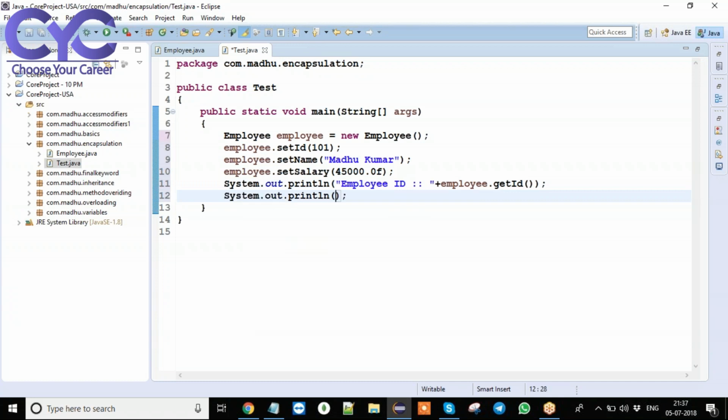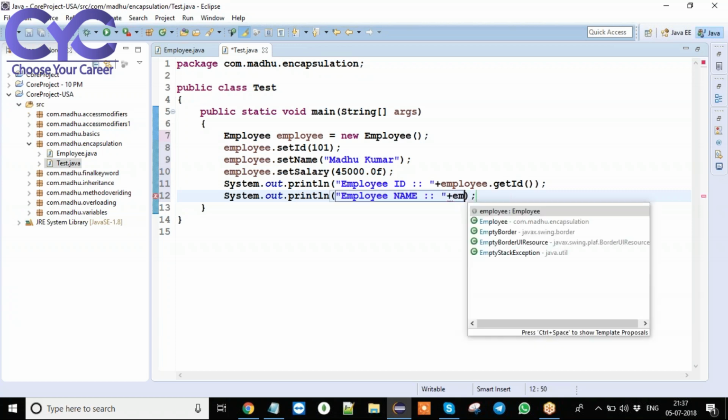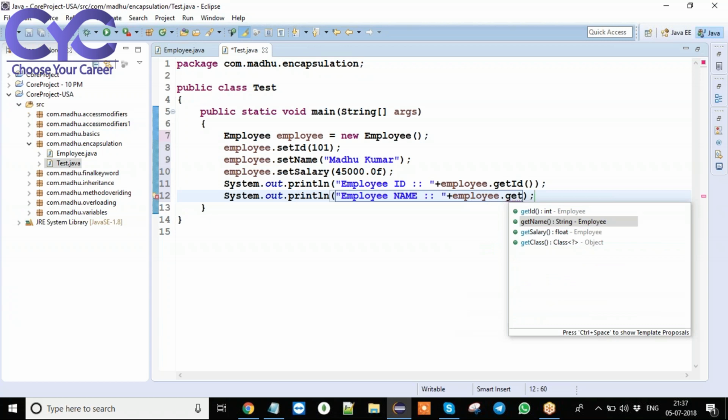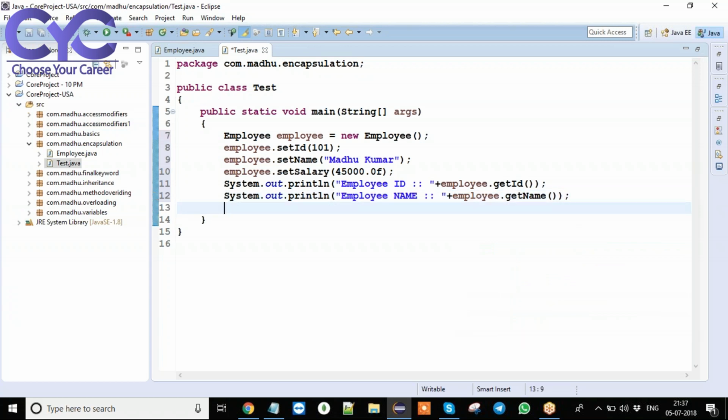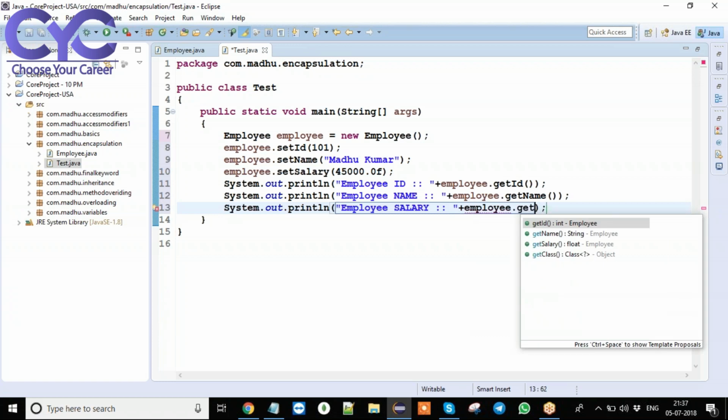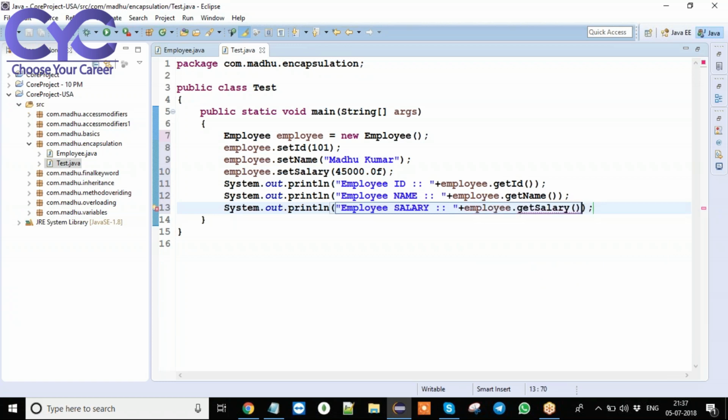System.out.println of "employee name" plus employee.getName. Similarly, System.out.println of "employee salary" plus employee.getSalary. Like this we need to get the data.